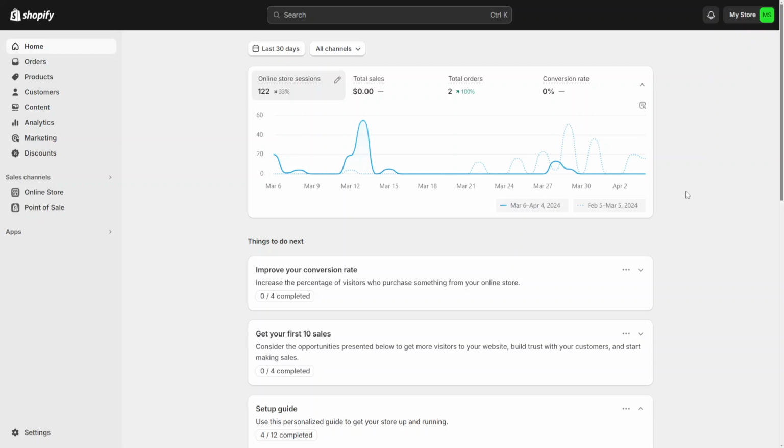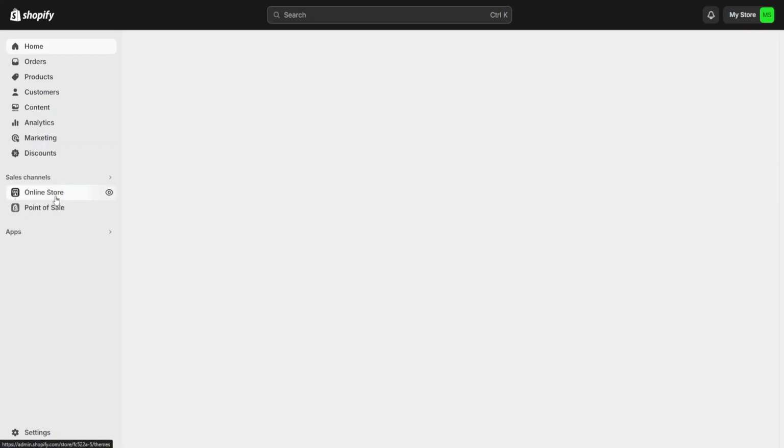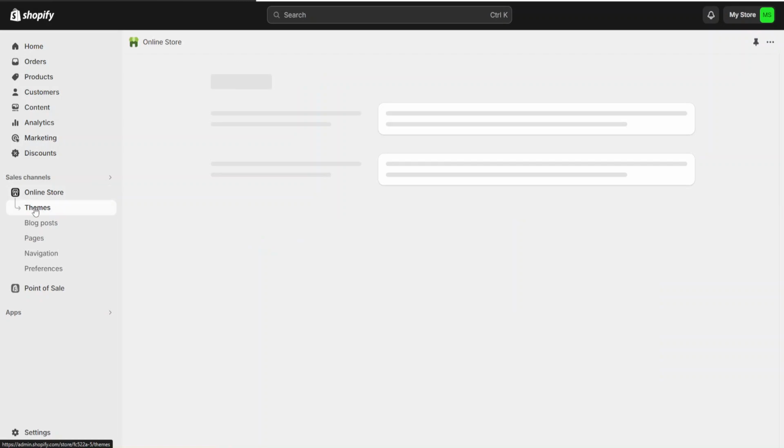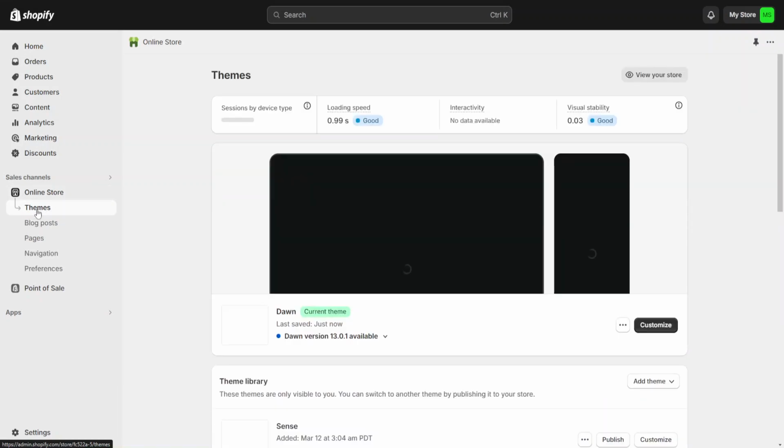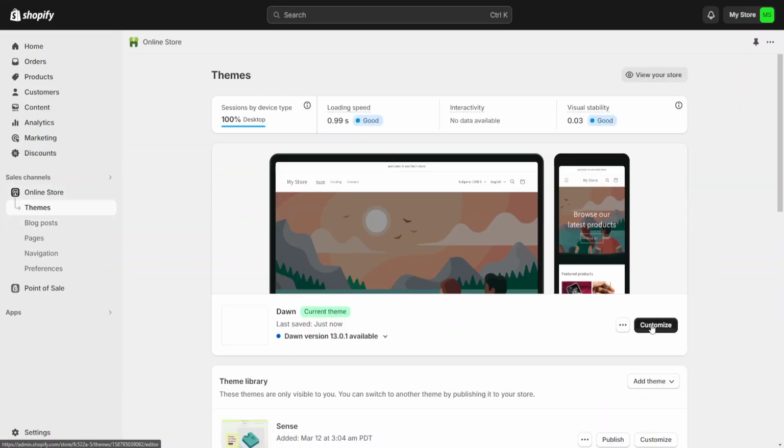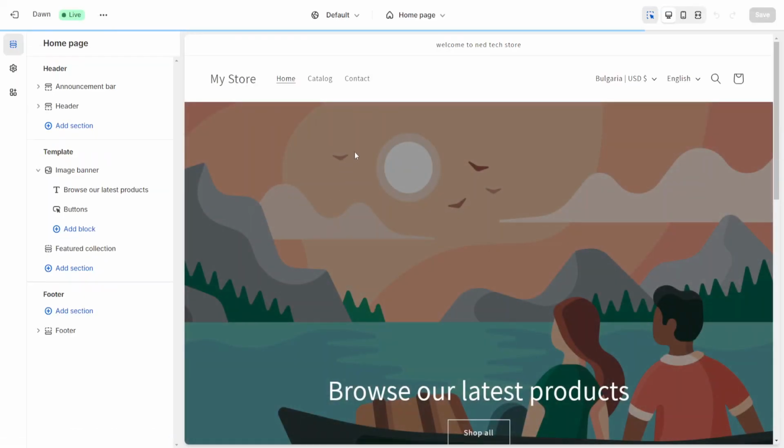How to change image zoom in Shopify. To do this, we have to go to our product page. So we go to online store here on the left side, and from themes in the drop down menu, we want to go to customize here on the right, and that will take us to a demo version of our